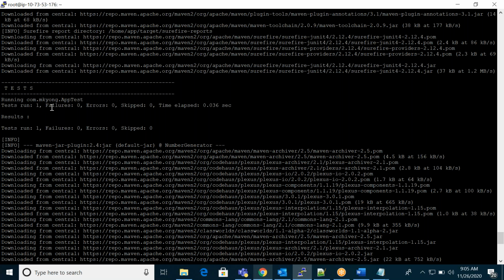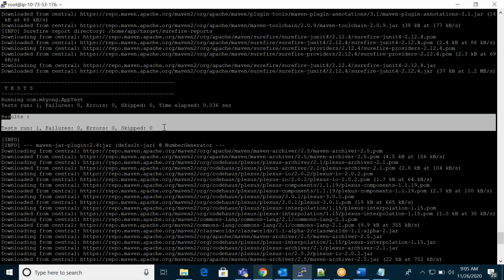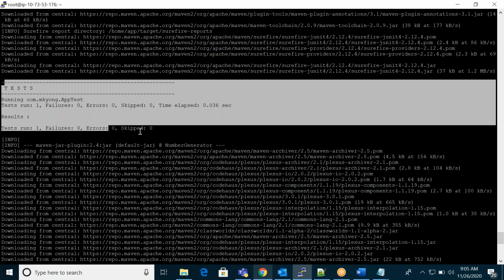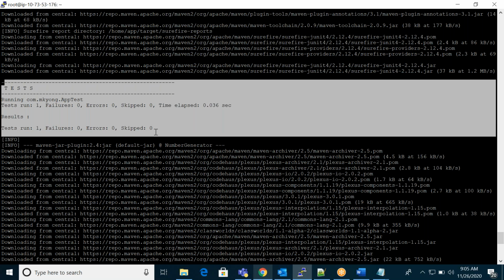One test run, 0 fails, 0 errors, everything is 0. These test cases we mentioned in the pom.xml file, so that's why it tested.